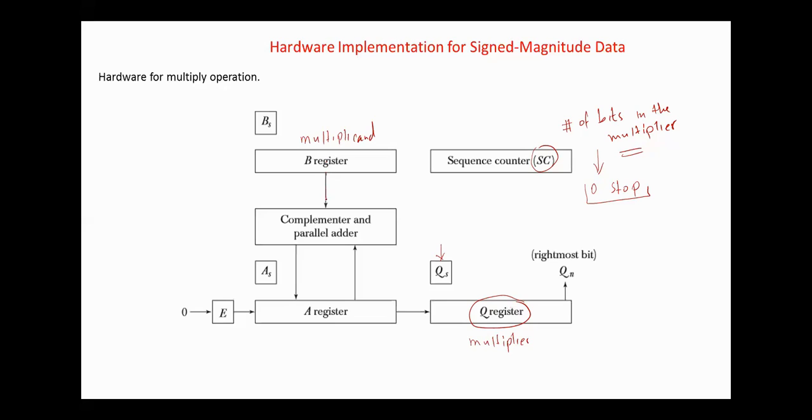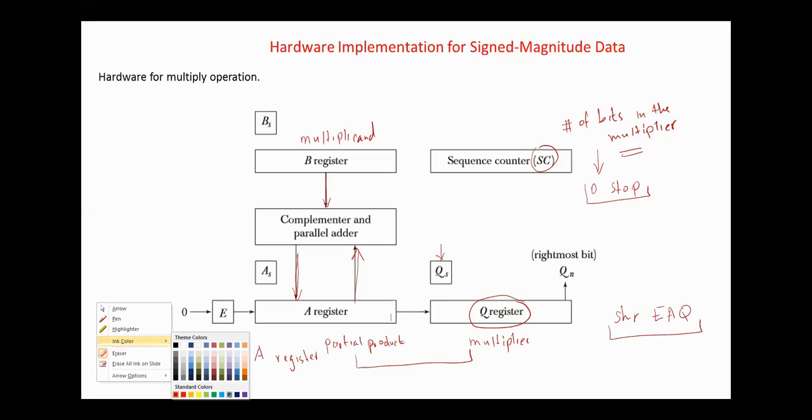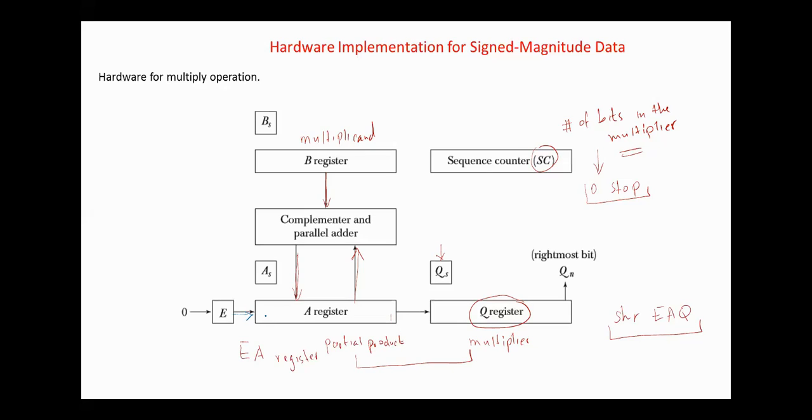The sum of registers A and B forms a partial product, which is transferred to the EA register. Both the flip-flop, the partial product, and the multiplier are shifted to the right 1 position: shift right EAQ. So the content of the E flip-flop is shifted to the most significant bit in register A. The least significant bit in A is shifted to the most significant bit of the Q register,